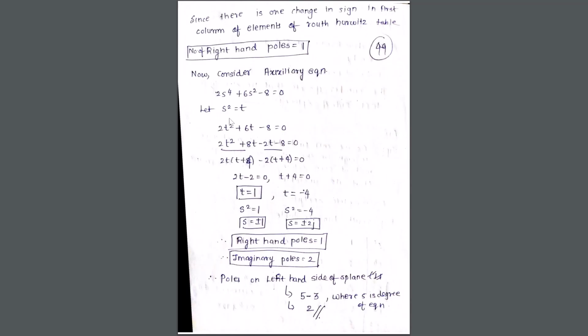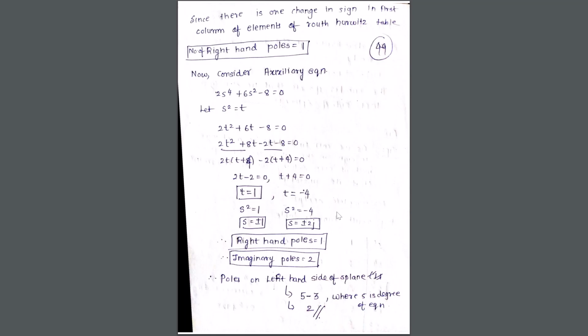Solve the equation as I have solved over here. You can take s square as s-t, rewrite the equation, and find out the quadratic equation. I have given all these steps over here. Now if you see, the terms are non-repetitive, right? Plus or minus 1, plus or minus 2j. So it's not like any repetitive term.